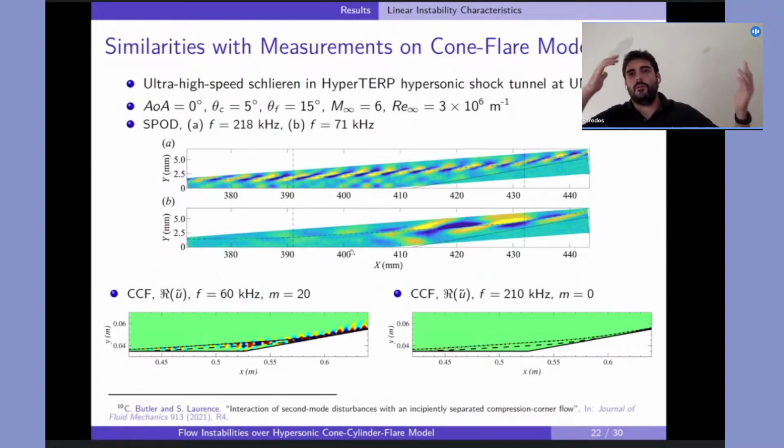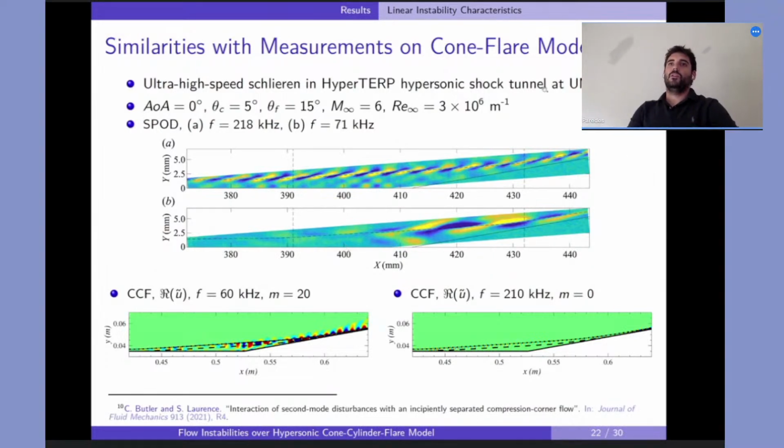Now we can also compare with other experiments performed at the University of Maryland, in this case an experiment with a cone flare model. We are just trying to see if the same kind of things are happening for that case, and actually it's true. But in that case, doing some SPOD analysis of the measurements, they observed that the high frequency